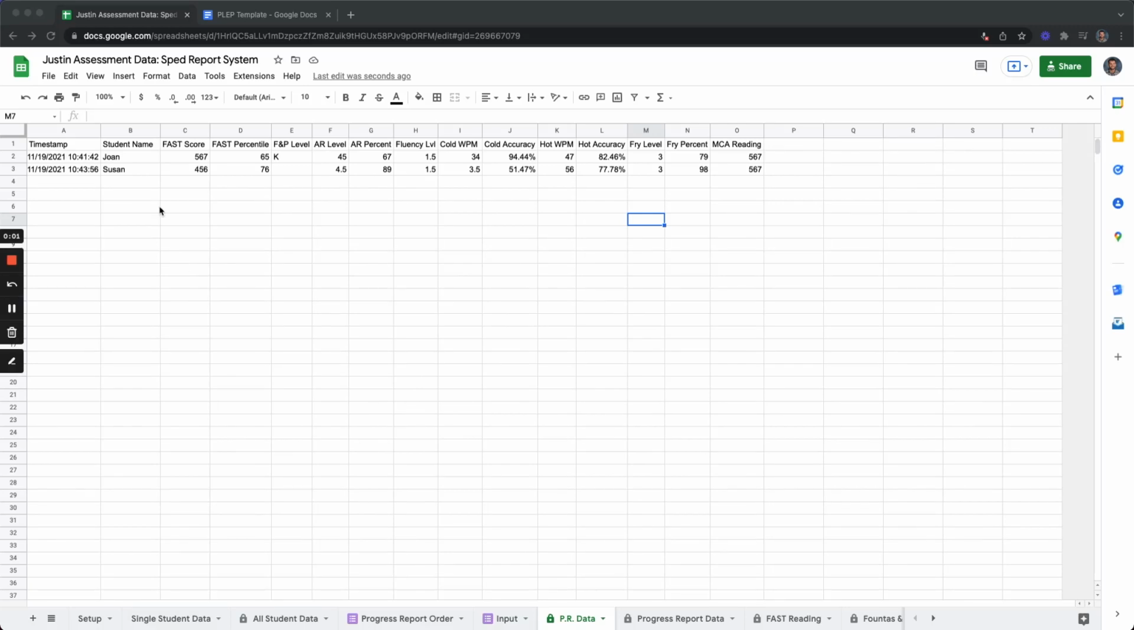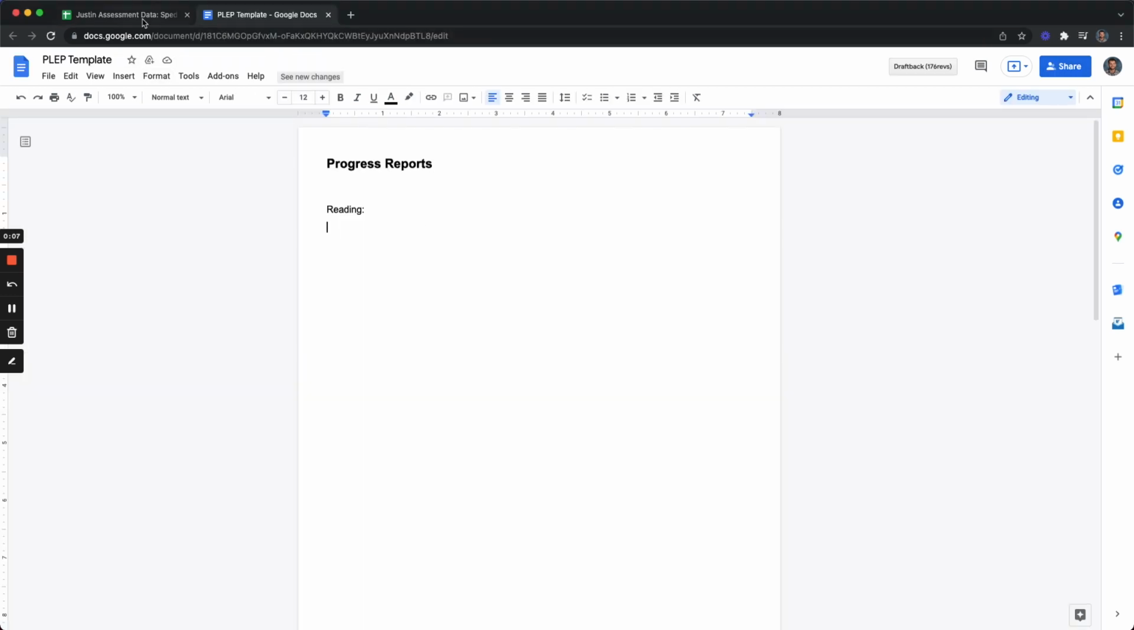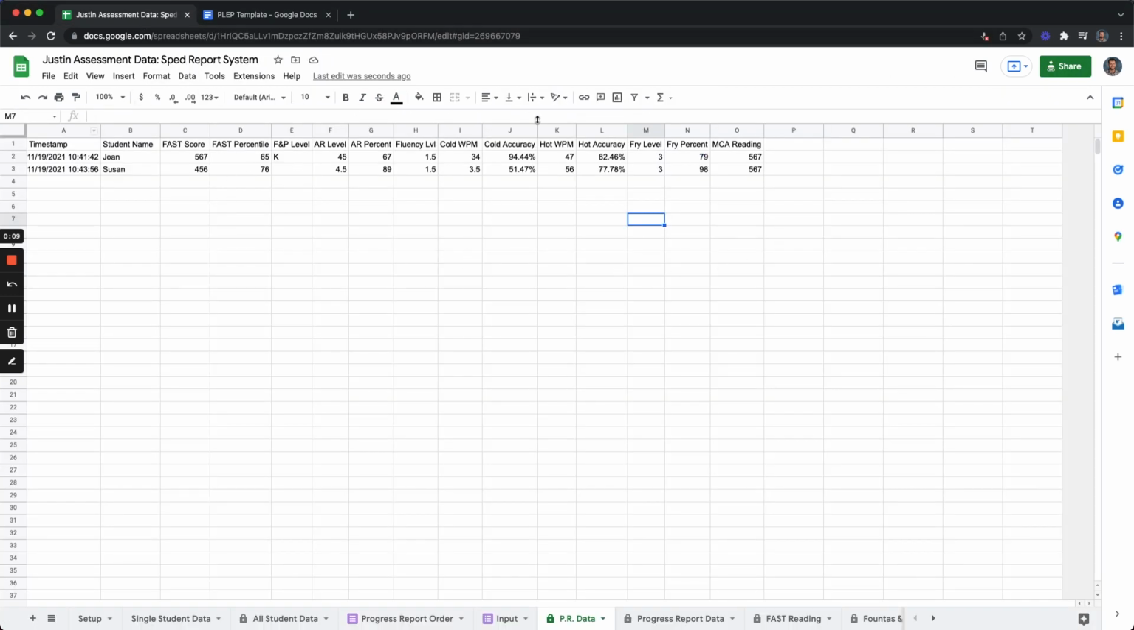So I'm going to use Document Studio to fill in some of these progress reports that I'm writing. It's pretty simple to use. We start off with a template and a spreadsheet. Our spreadsheet has all of our student data in it that we want to input into our template,